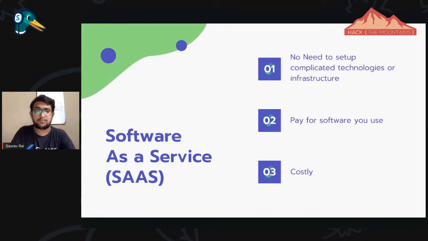Then comes software as a service. This is basically all your Google software like Google Docs, Calendar, the streaming service that we are using. All of them are software as a service, right? You don't need to know any underlying technology or setup. What you know is you have to do this business task, and you are able to do it using software provided by some company as a service to you. Now, this is very much costlier, of course,